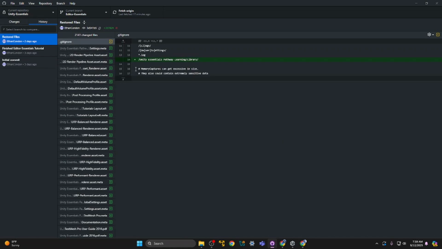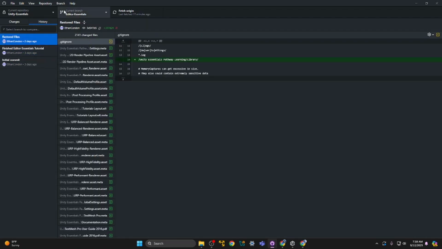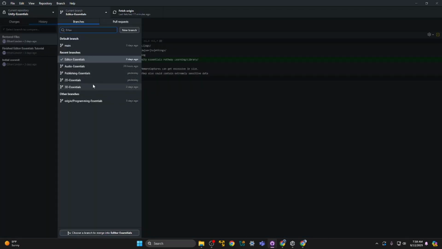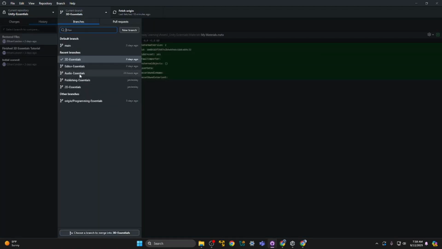I can pull back the, I guess, the information that I had saved before. So it's all jumbled up in these three commits here for Editor Essentials and I think it's 3D Essentials. But if we go to Audio Essentials,